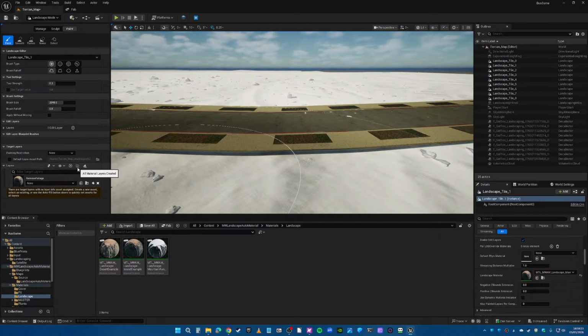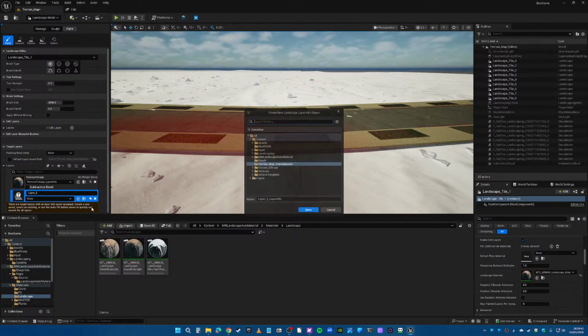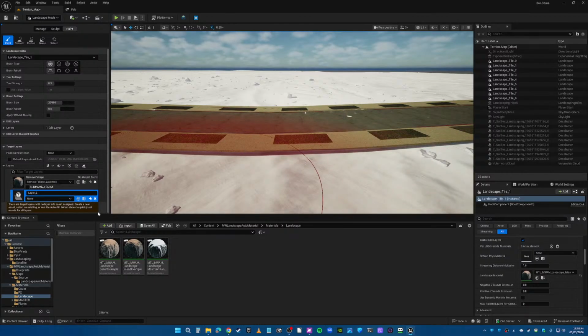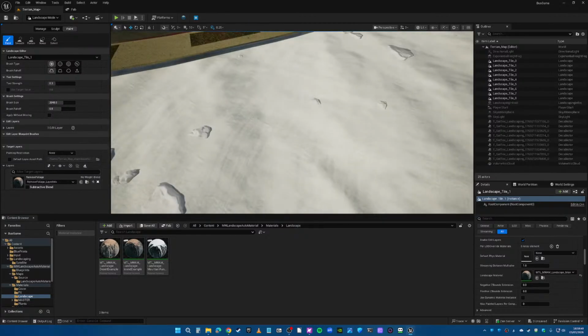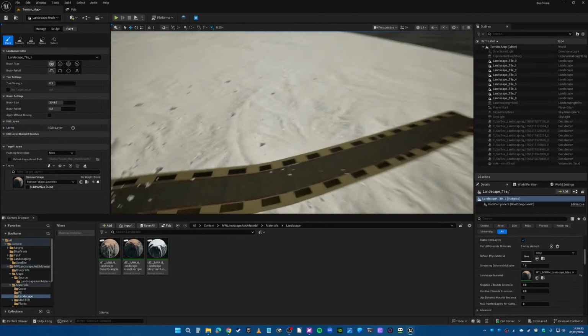Create layer from assigned materials, I think. Okay. Interesting. Yeah, I need to learn a bit more about this, but in theory, having done that, we can then